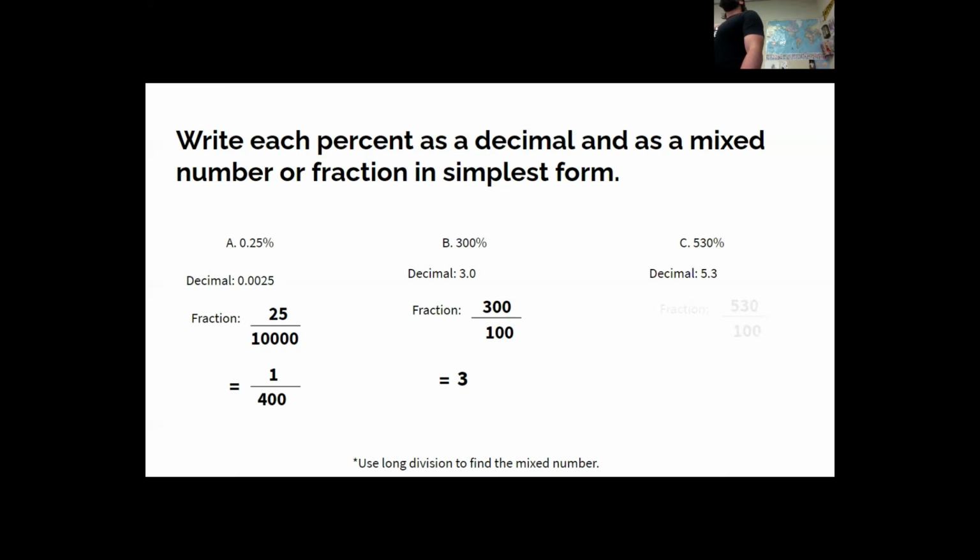Now, let's write it as a fraction. We have 530 over 100. So there's a little trick we can do. When we're dealing with percents kind of like this, not like that, but if they have another number here, we can do this real easy. Let's rewrite it over here real fast. So we have 530 over 100. Now we can go ahead and divide it out and just simplify it down, or